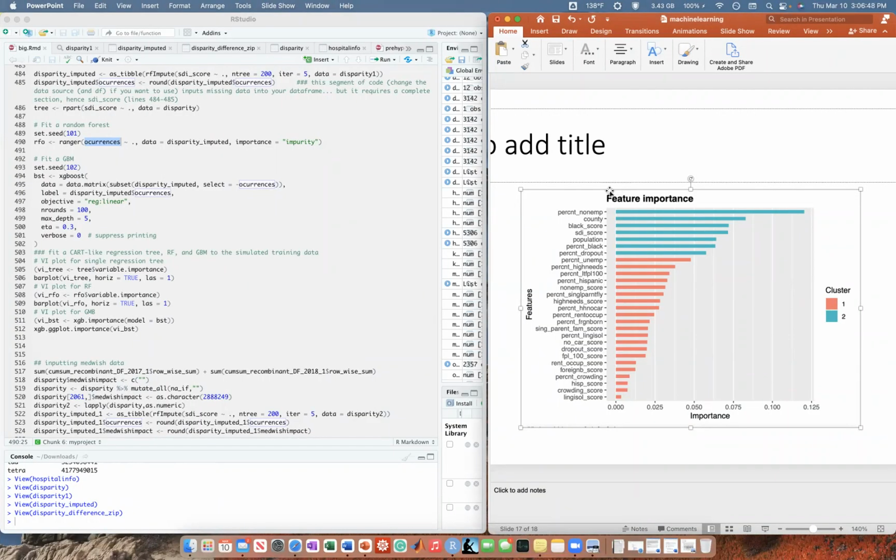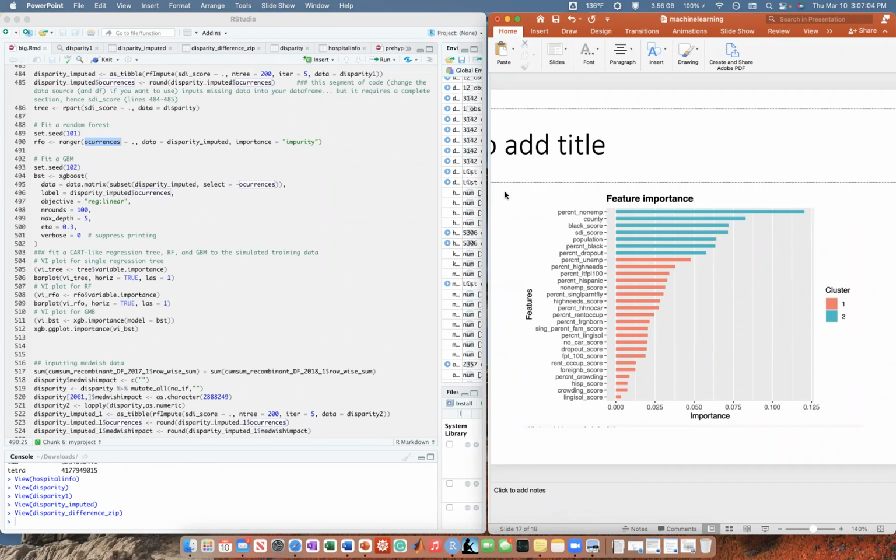That percent seems to be relatively more important than anything else. The county location seemed to be important. The amount of African Americans actually seems to be really important, as well as the social disparity index. You can make your own conclusions.